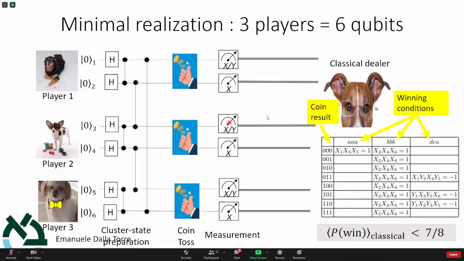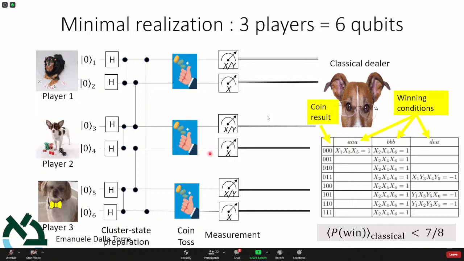The Bell inequality tells you that when I measure one qubit, I am affecting the other qubit. And this is exactly what happens here. By measuring one qubit, I am affecting the other qubit, and that allows me to win with a higher probability. So that's the trick. I prepare the players in an entangled state, and hence, by correlating the measurement with the result of the coins, it is as if I am telling the other players what was the result of the coin. I'm not really doing that.